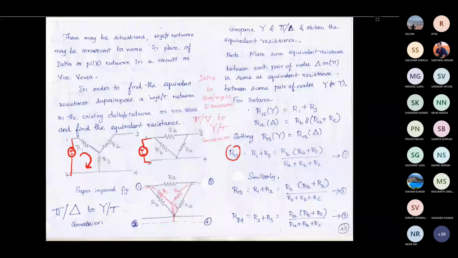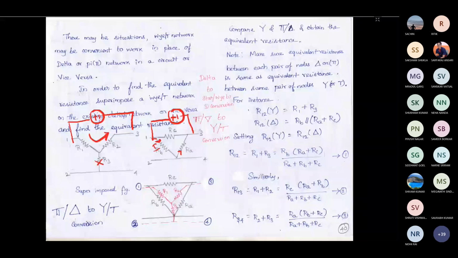For the second case, we applied a voltage source like this, then we checked the current flowing direction. Here the current will be flowing only in this path, and the current will not flow in this path. So we considered the equivalent resistance from this as R1 plus R2. Then for the delta combination, we applied a voltage source here, plus and minus. From this we found the equivalent resistance because the current which is entering this RB will be flowing through RA also. The same I will be flowing through RA. So these two resistors are in series for this case, and we have found the equivalent resistance.